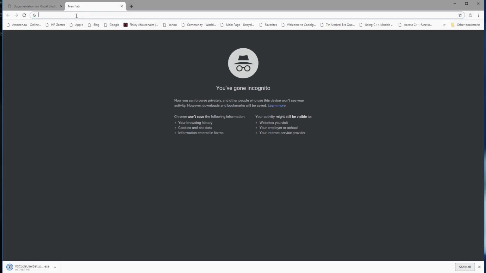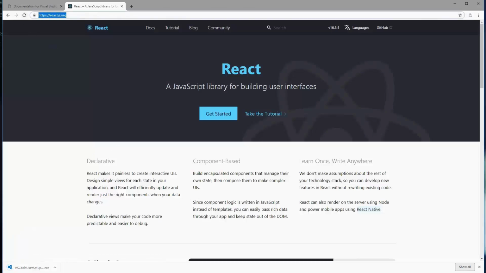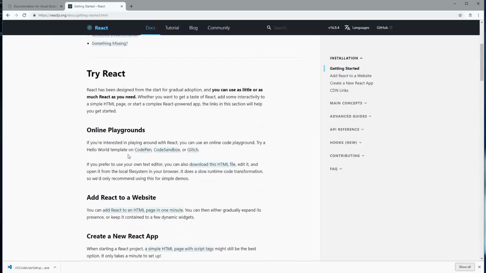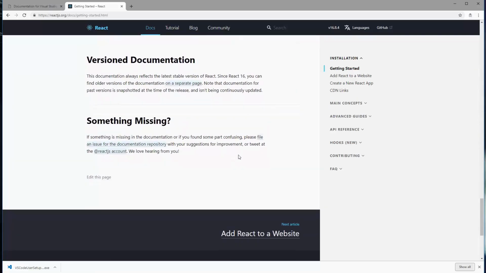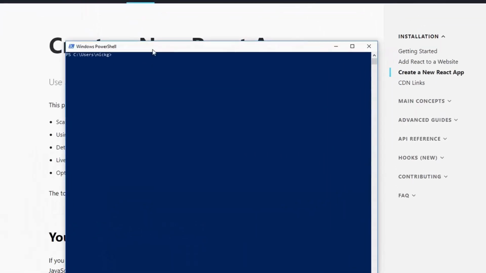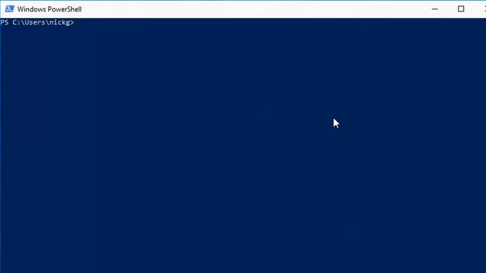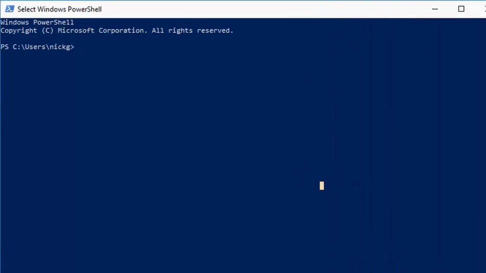Now the next thing we're going to have to install is React itself. If you go to reactjs.org, which I will also post here in the video, you can click Get Started and Resources, Tutorials. I don't think it's going to tell us how to install it. Well, what we're going to do is install a program through npm. So once you've got it installed, if you had PowerShell open and then you installed Node and those commands aren't working, you're just going to want to close PowerShell and open up a new instance. It's going to load in the new path variables, and it's going to be able to find the Node and